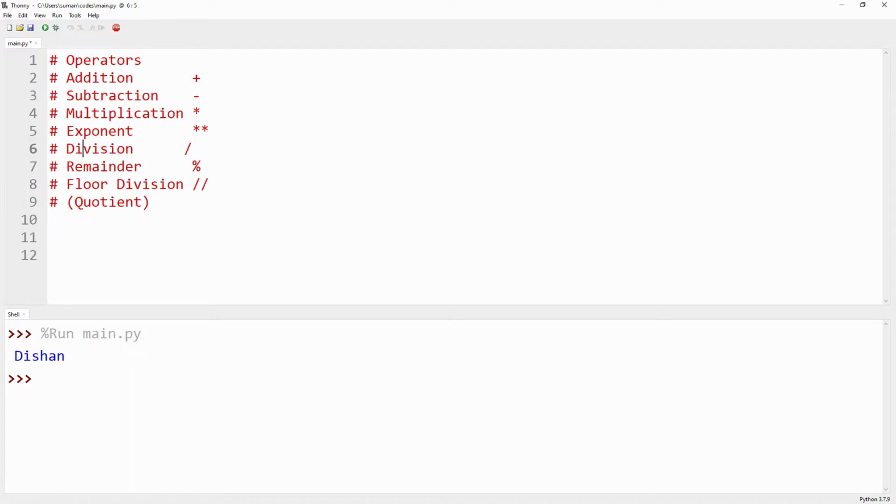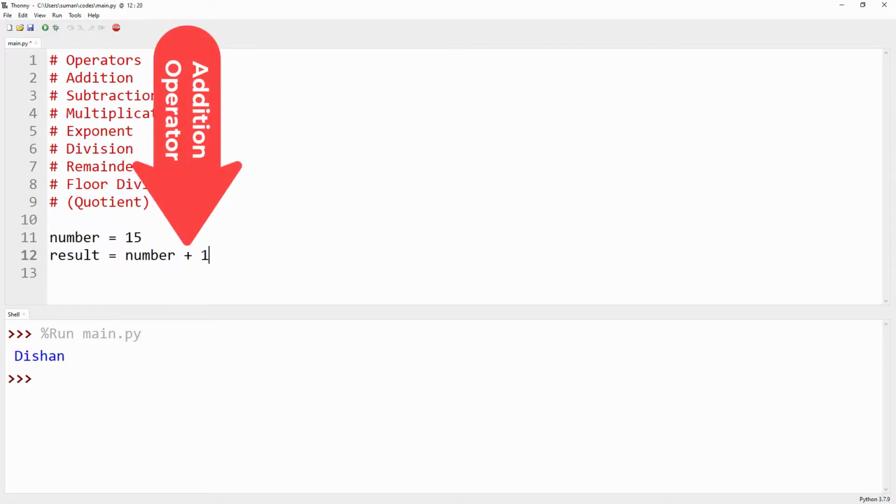Let's check all the operators one by one. So first, suppose we have our variable named number, and after that we give another variable, result, and result is equal to number plus 10.